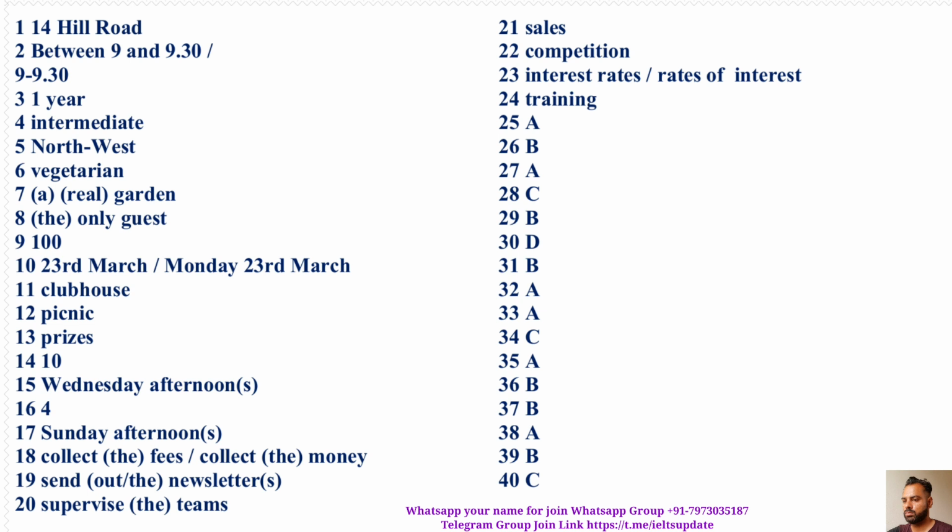Part 4 is finished, now we check the answers. First 14 Hill Road, next between 9 and 9:30, next 1 year, next intermediate, next meditate, next northwest, next vegetarian, next aerial garden, next the only guest, next 100, next 43, 3rd March, next clubhouse, next picnic, next prizes, next 10, next Wednesday afternoons, next 4, next Sunday afternoons, next collect the fees, next send out the newsletters, next supervise the team, next sales, next competition, next interest rate, next training, next A, B, A, C, B, D, B, A, A, C, A, B, B, A, C,